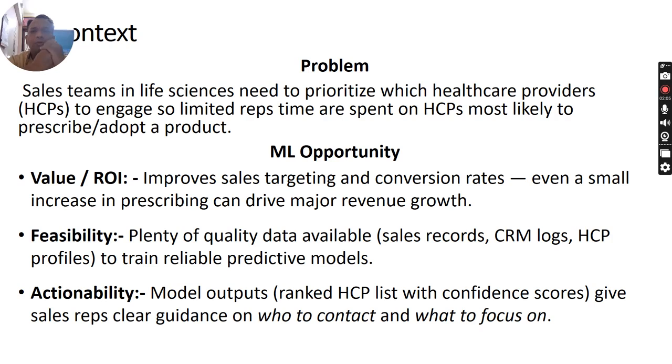Now, in order to have this ML model in place, we have done some feasibility analysis, and based on the data that we have, we can use our historical sales information of the HCPs. We can analyze their CRM logs, what kind of activities they do on the CRM, and their profiles. This will help our models to predict and prioritize HCPs